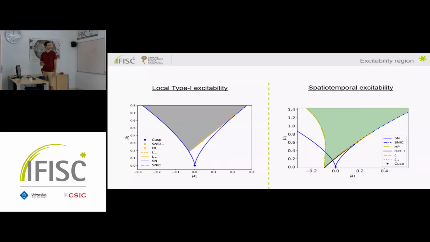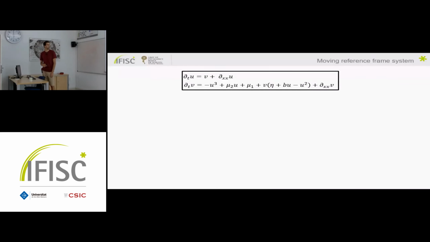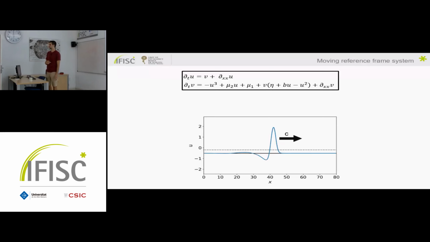Yeah. So to do so, what we have to do first is give a better description of the pulses. Notice that the pulses are a special solution of this kind of systems because they are solutions that travel without changing their shape with a given velocity. And therefore, instead of depending on space and time, if we move with them in a mobile reference frame, we can see them as steady solutions of this system.